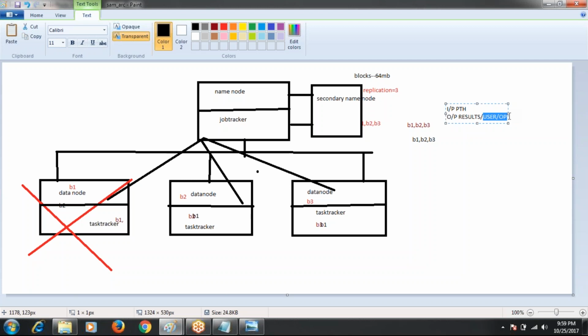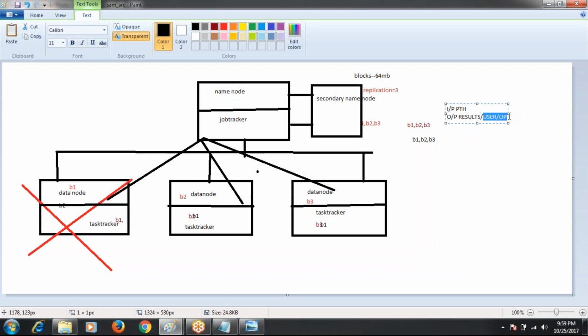We already discussed that between the name node and data nodes, there are some heartbeat signals. Based on those signals only, the name node understands that a particular data node is working fine. Because every 10 seconds, all data nodes send signals to the name node. If the name node does not get a signal from a particular data node after 10 seconds, it understands that the data node is not working, right?